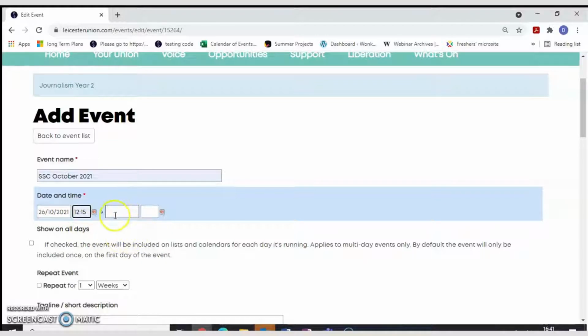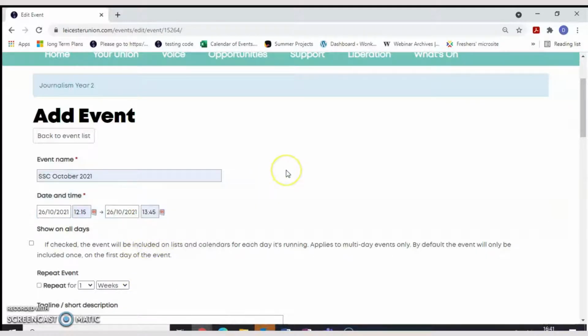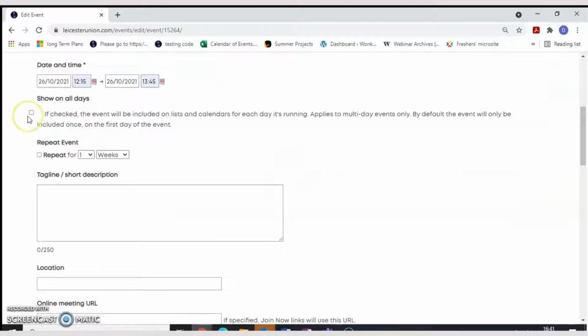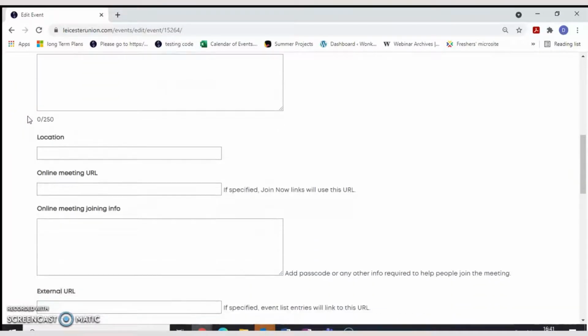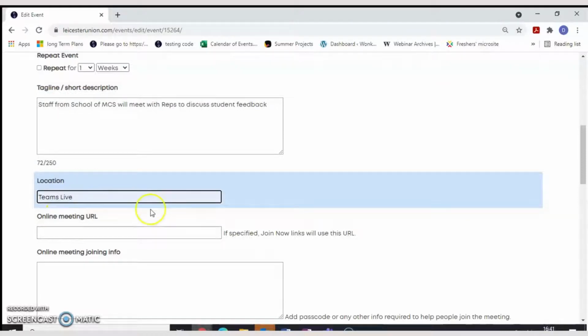The meeting will take place at 12:15, let's say, and it will finish on the same day but at 13:45. If you want, you can add a short description of what is expected. So let's say staff from School of MCS will meet with reps to discuss student feedback. Location will be Teams Live potentially.